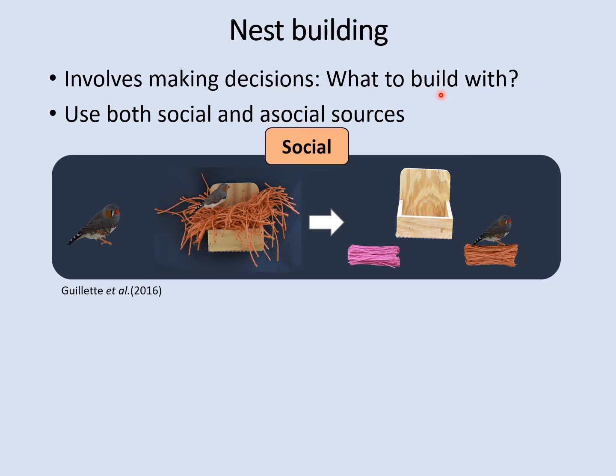A study by Gillett et al. on nest building with zebra finches points to the use of social information about nesting material. Pictured here is a male zebra finch, which is the primary nest builder in this species. While building its first nest, naive nest builders that have not built a nest before copy the material choice of other experienced builders. For example, if the naive birds watched experienced builders build with orange, subsequently the naive birds prefer to use orange material to build their nest.